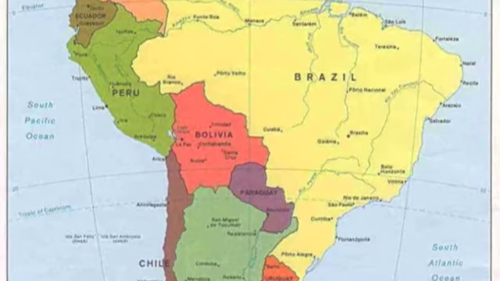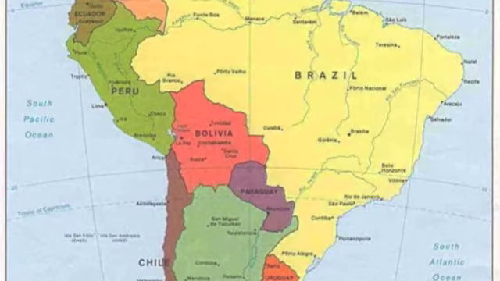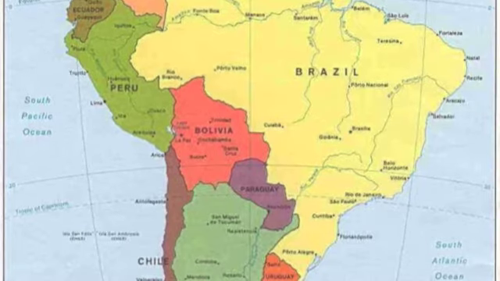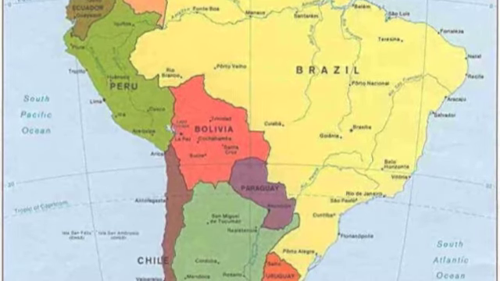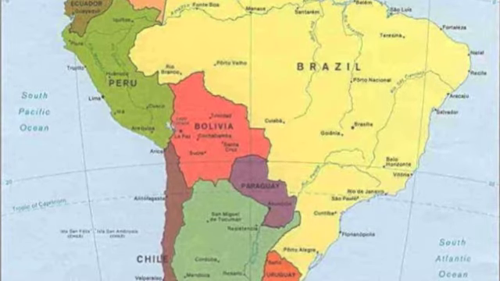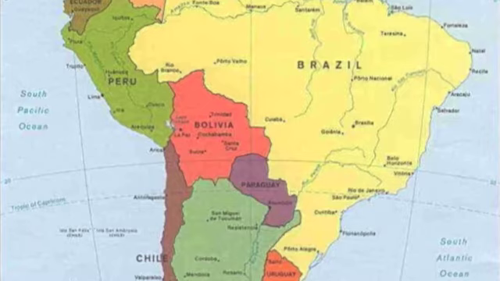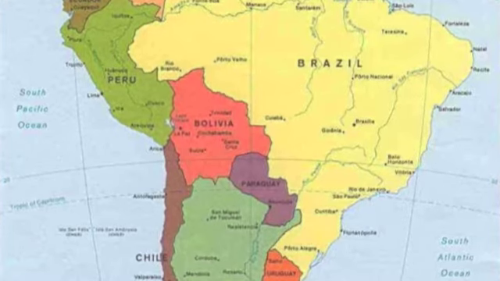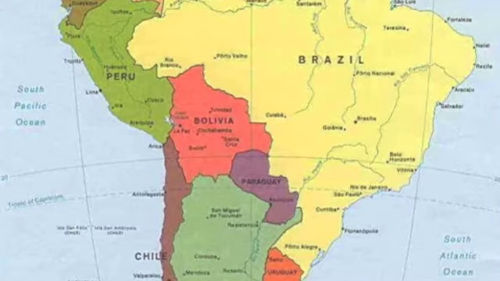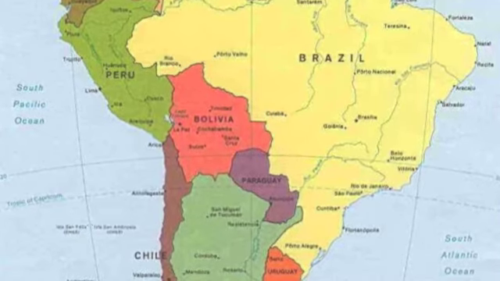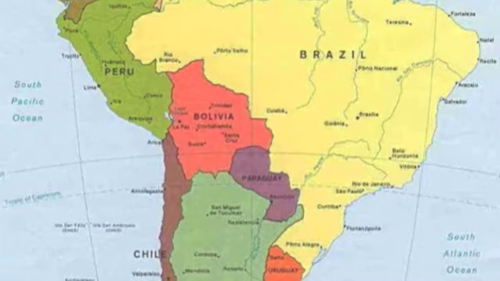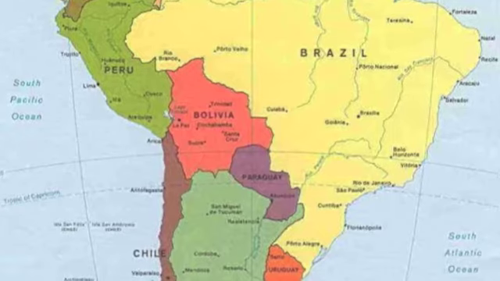Uruguay is far in the south, at the very end of the big yellow portion, which is Brazil. Here, it's a tiny country, and in many ways it has an outsized sort of influence early on, because it straddles the two major art worlds in South America, and that is Brazil to the north and Argentina to the south. And in fact, Buenos Aires, the capital of Argentina, and by far its most important cultural center, is directly across the Rio de la Plata from Uruguay.